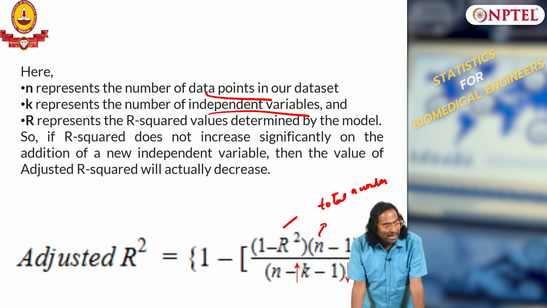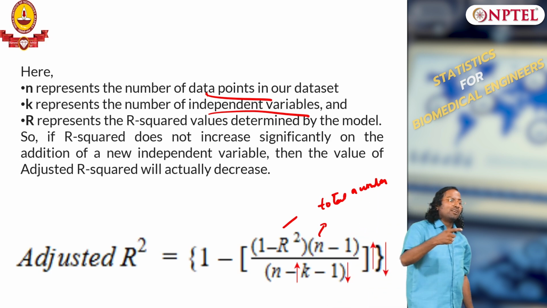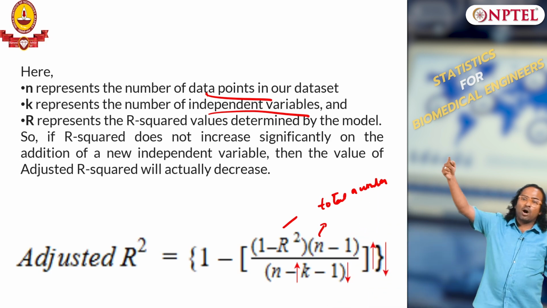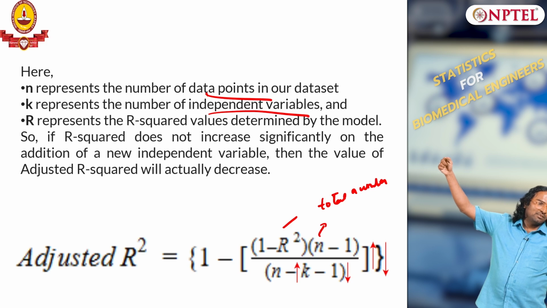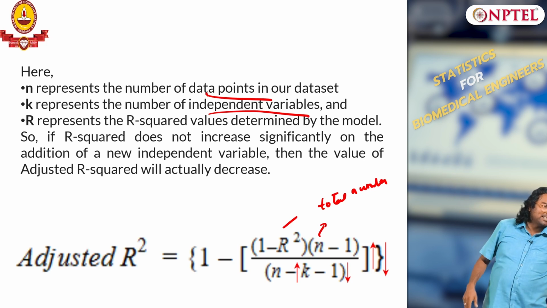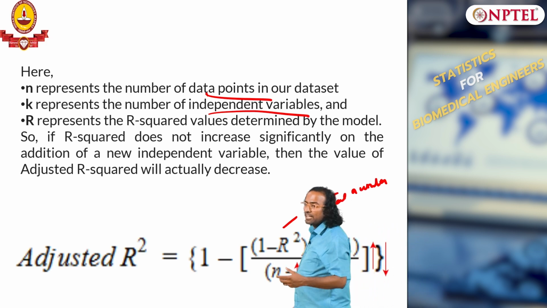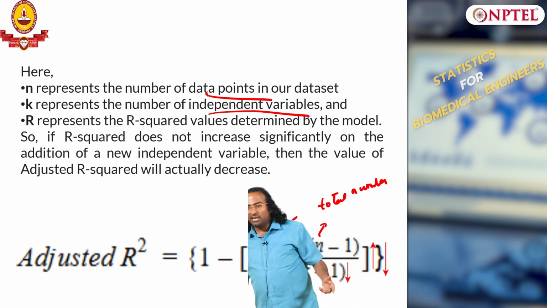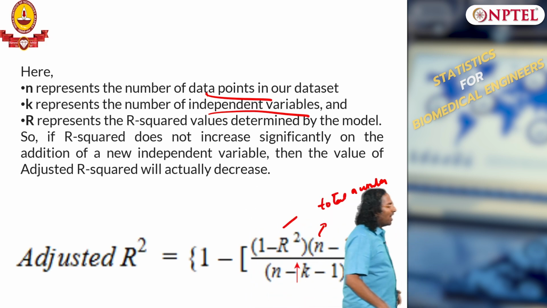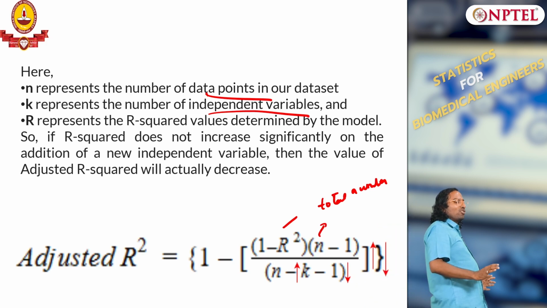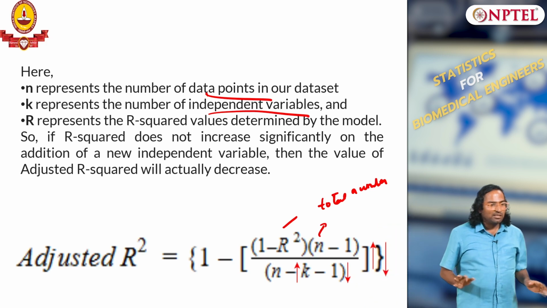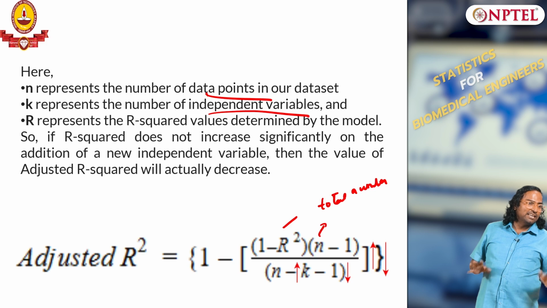Okay. So every time you start adding a new variable, you should see a positive change in the adjusted R square. If you see a positive significant change in the adjusted R square, that means adding that feature has helped explain your output better. If adjusted R square is not changing or it is decreasing, then you know that that feature is not helping. This is a very simple idea, at least for linear regression.